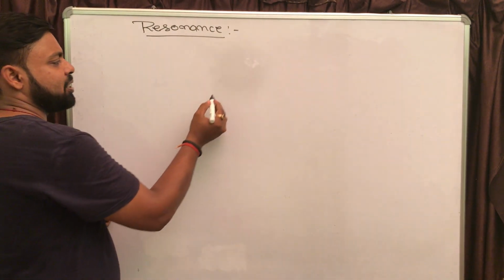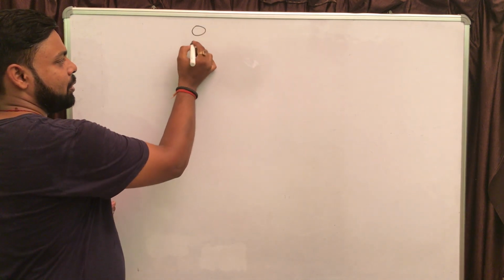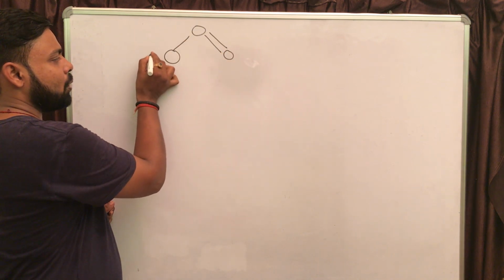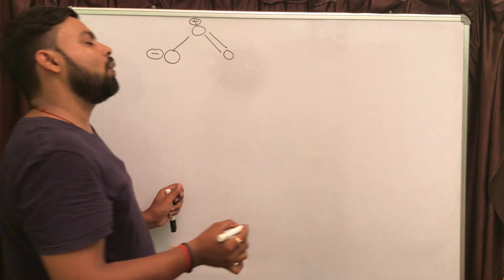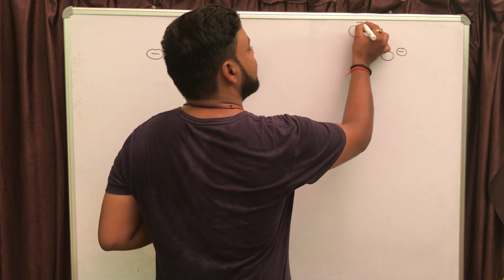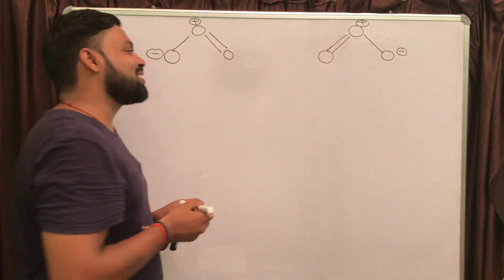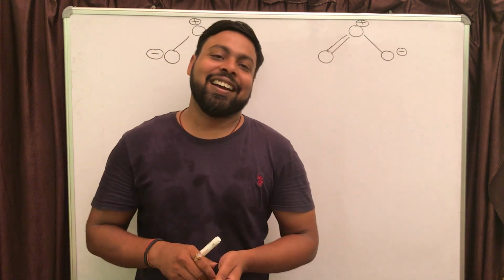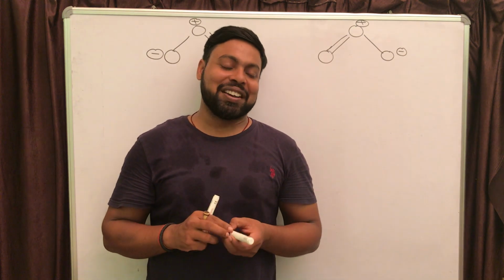There are two possible structures. In fact, if you are going to draw the covalent bond structure of ozone, there are two possible structures. One is, I can draw the oxygen single covalent bond on the left hand side, or what can I do? I can draw the oxygen single covalent bond on the right side. There are two possibilities. So if it is asked whether these two structures are different or same, listen to the statement very carefully.